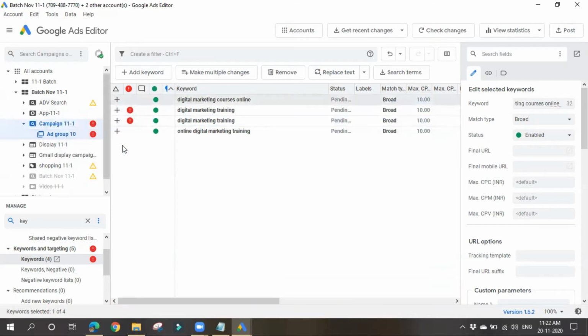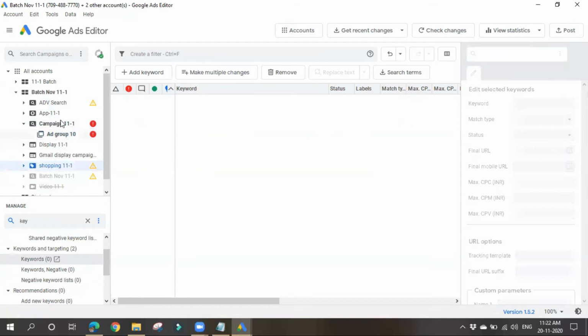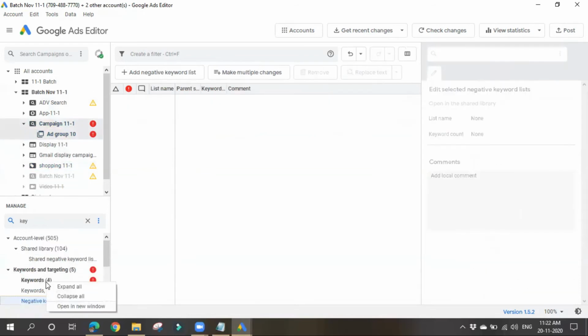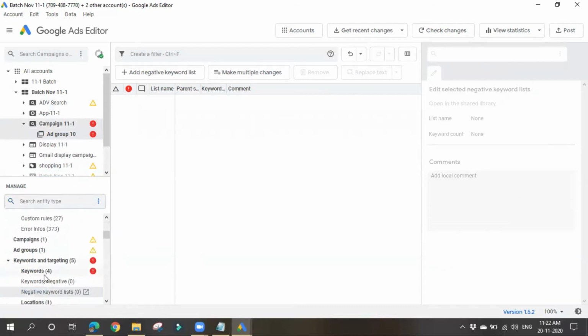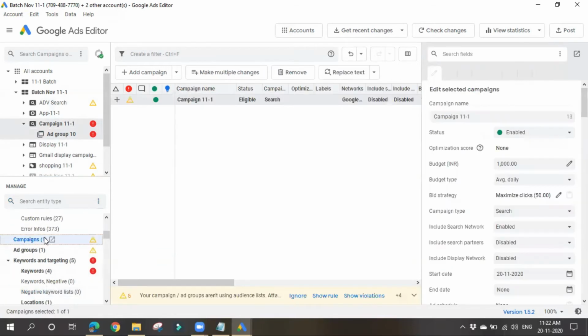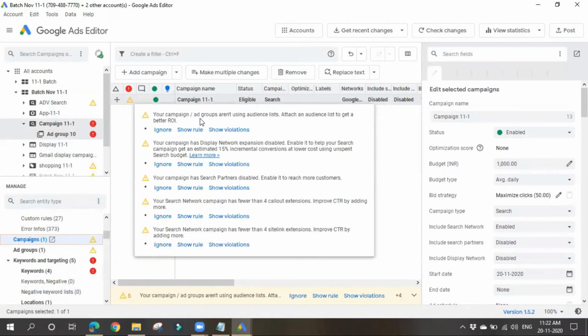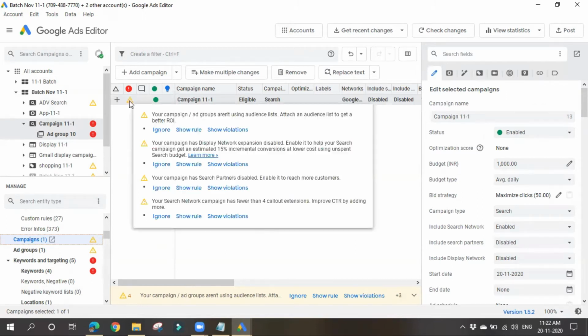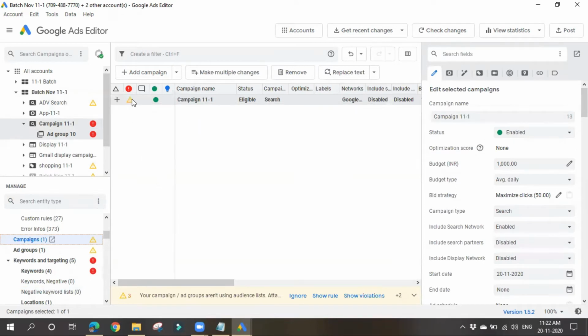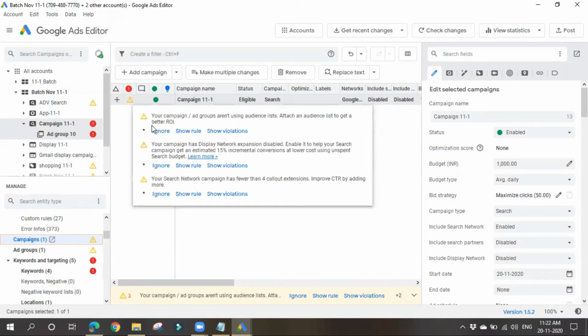Even at campaign level you can see such things. Let me go to campaign level here. Campaigns. Okay, so this is a warning. Here it says a campaign or ad groups aren't using any audience list. If you click on ignore for all these things, this symbol will disappear.